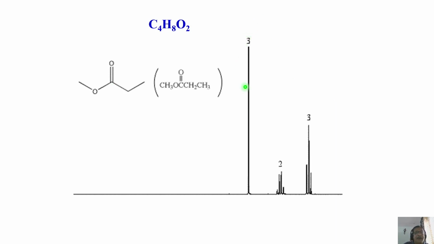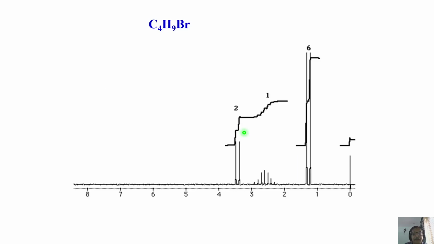Only one peak of intensity 3 without any splitting means it must be a CH3 group. But since it is coming downfield, you must think it is attached to an electronegative group, and generally methoxy groups come in this region. As a consequence, you can immediately say it is an OCH3 group. So you can very easily interpret this spectrum. This is the CH3 group, this is CH2, and this must be OCH3. Simple spectrum, we should now know how to interpret.